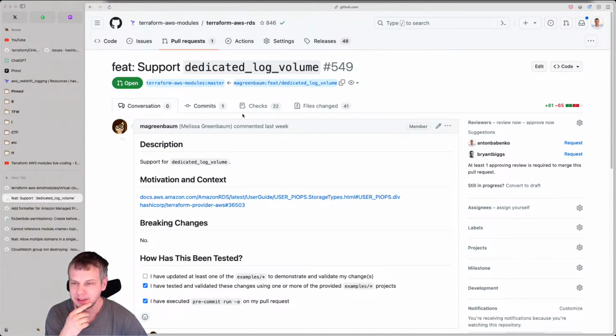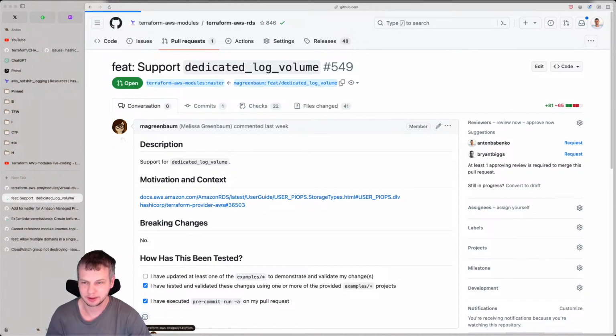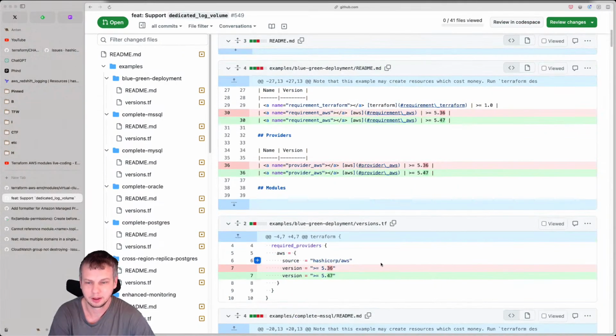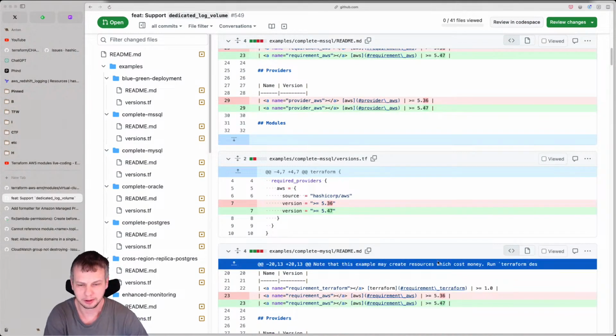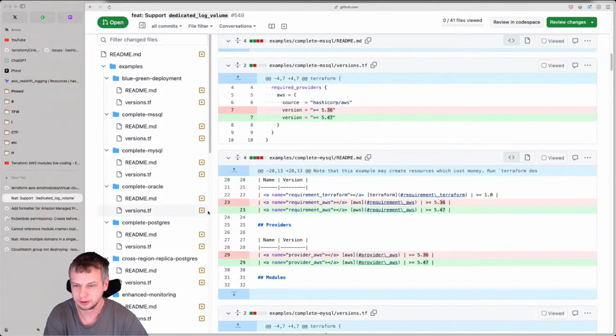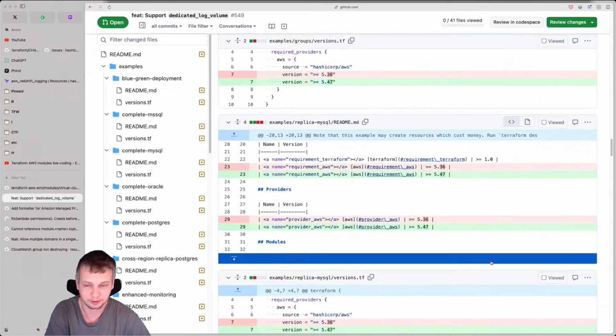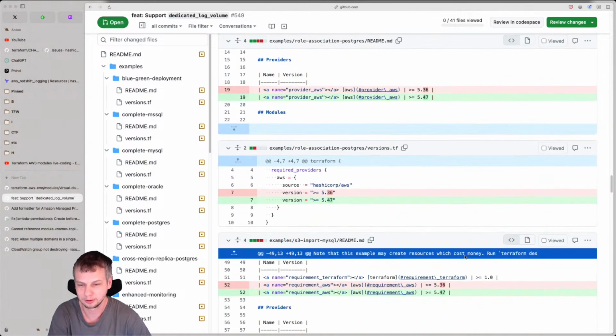Yeah, Melissa is writing so much code that her pull requests no longer need to be reviewed under a microscope. So that's the kind of experience which we really enjoy in the Terraform-aws modules organization. At least I enjoy. I hope others enjoy too.